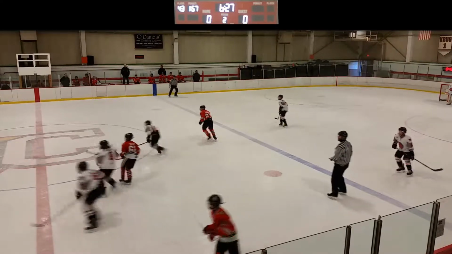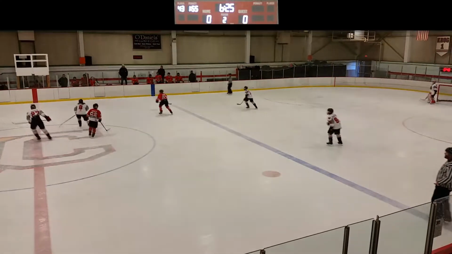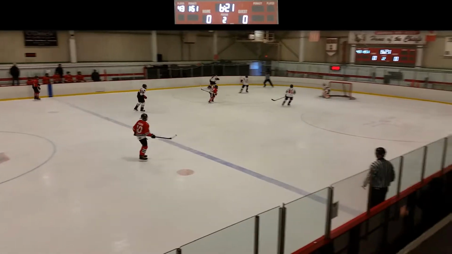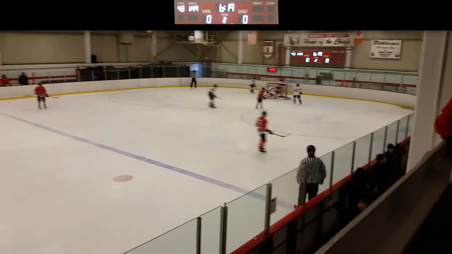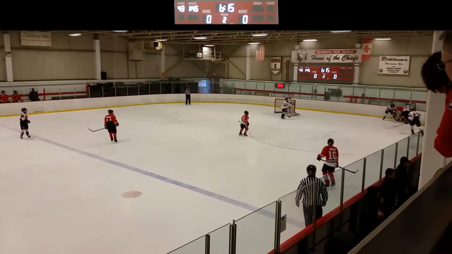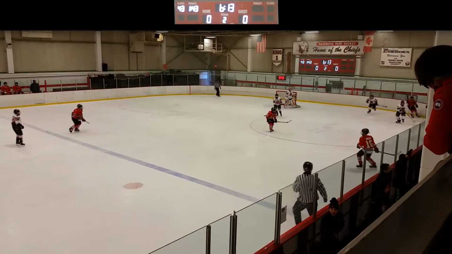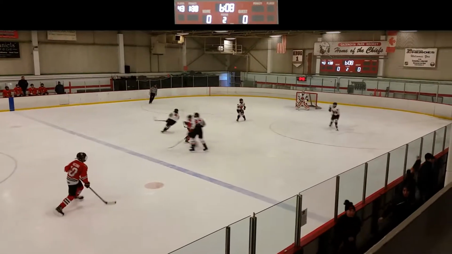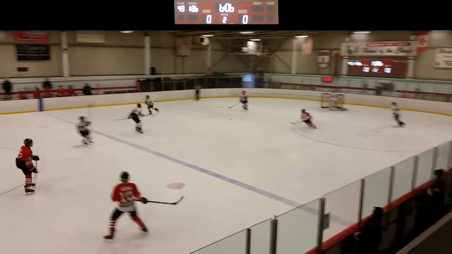Controlled by Speck, played back to Hammond. Hammond now plays it off the sideboard to Dobbs. Dobbs collected just inside the Devils zone. He goes low, sends a shot towards the net, steered behind the net by the Devils goaltender. Dobbs picks up the loose puck and is pressed up against the boards by a couple of Devil defenders. Devils come away with it. That centering pass, Dobbs got a stick on, and Speck collects the loose puck and sends it deeper into the